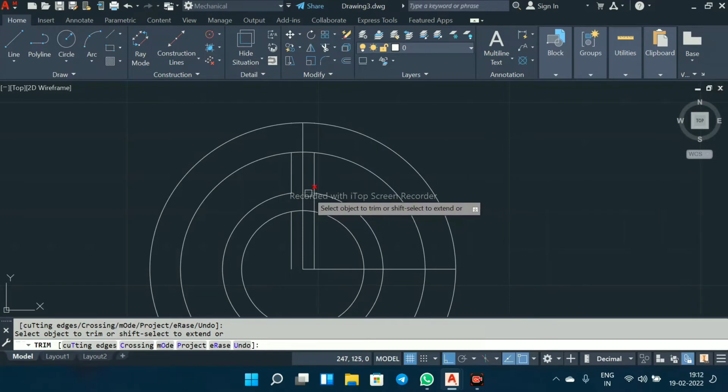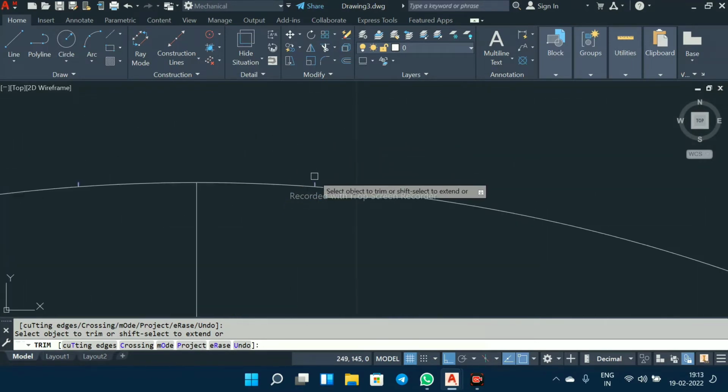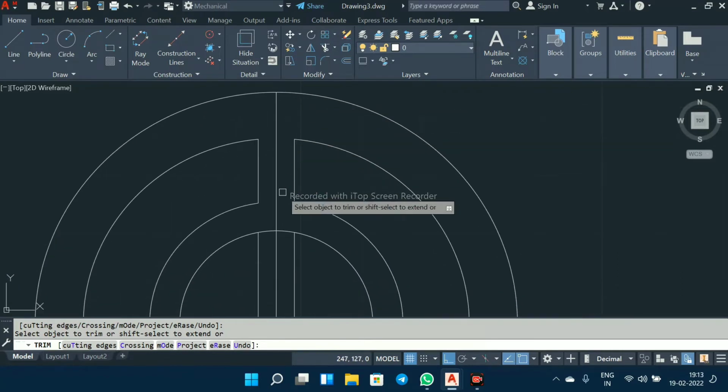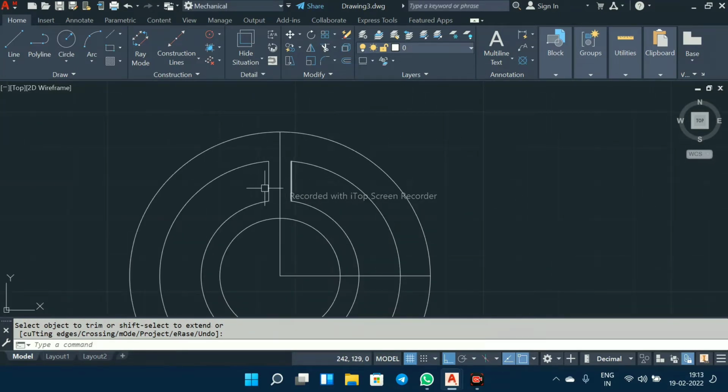This intersection part will be erased. Now this trimming we have done.